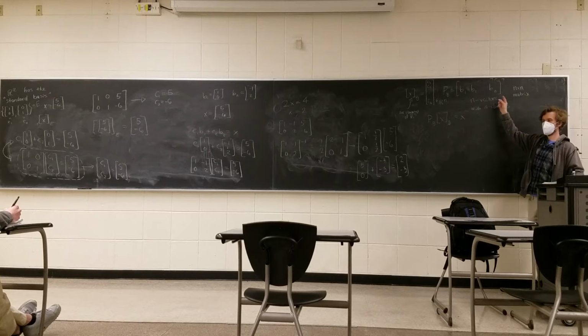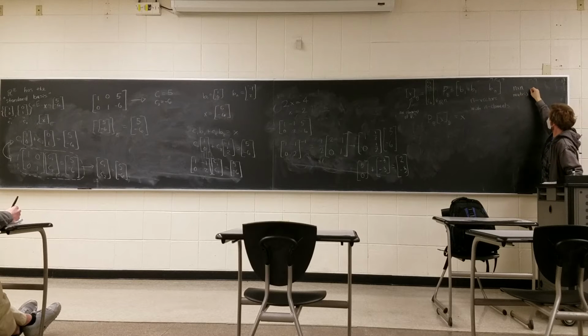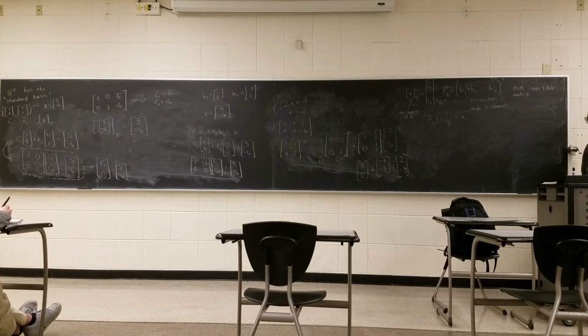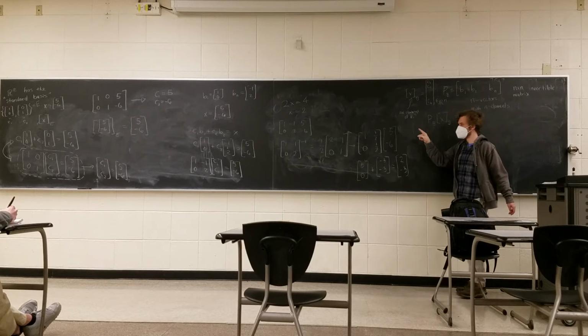And we know these columns are linearly independent. So this is an n by n invertible matrix. In this special case where we're looking at a basis of Rn,